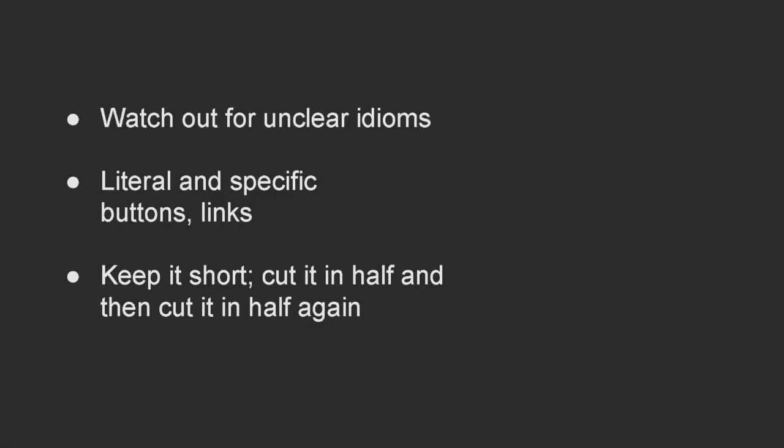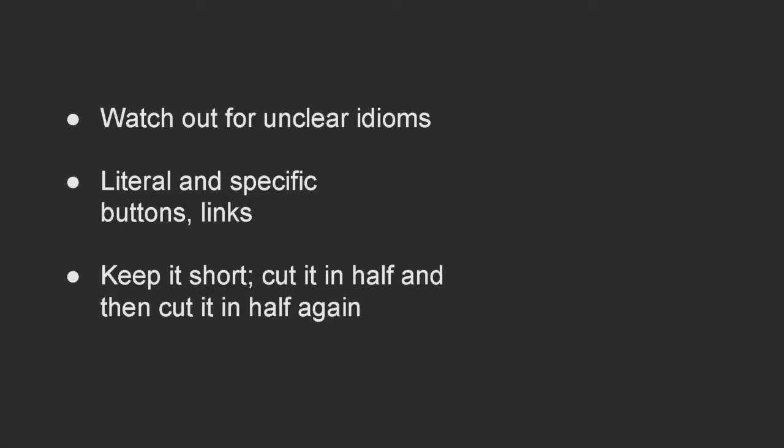You might have come across some of these decisions in your life, maybe not, but it's worth mentioning: watch out for unclear idioms. What I mean by that is sometimes we'll say something that Americans will understand, but someone from somewhere else wouldn't get it because it's like a baseball reference or something. Put yourself in that mindset and make sure that you're being clear. Don't take all the humanity out of your writing, because you shouldn't sound like a robot either. But if you're saying something which really might be unclear to a large set of people, it's a red flag.